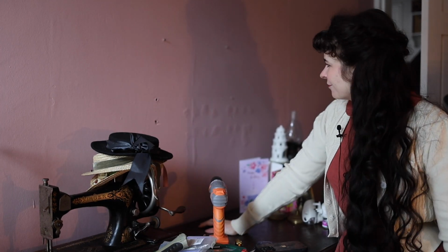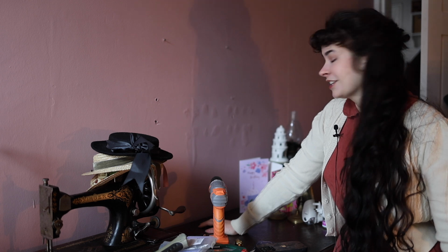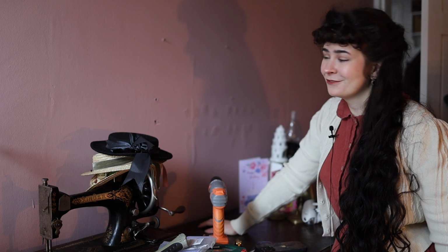So yeah, this is not the prettiest part of the room, but if it's behind a picture or a shelf or something, this secret stays between us friends. No one needs to know about this. So